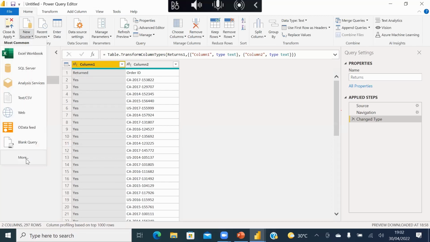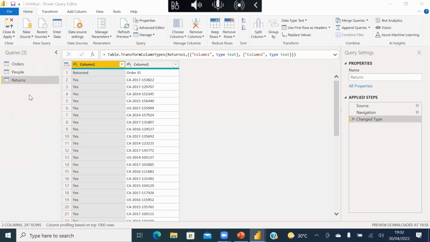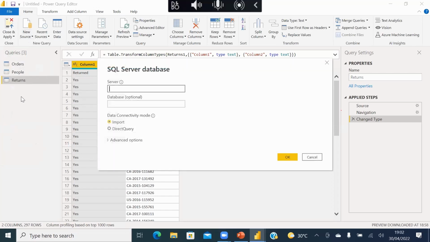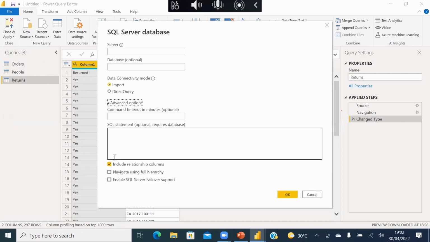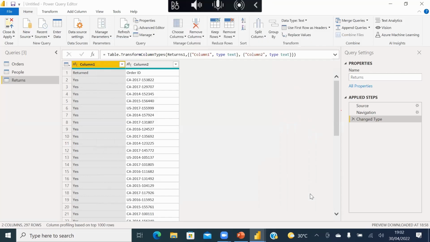Let's say the data I've gotten doesn't answer all my business questions. I can connect to another source, extract that data, and bring it here. I will now have multiple sources, right? I can choose to connect to SQL Server, for example. I can connect to this SQL Server, write a query, and bring it here. But we want to start with baby steps, so we connect to Excel first.